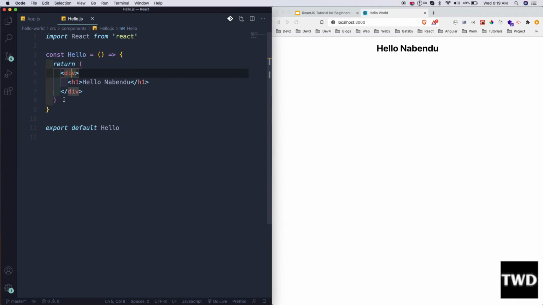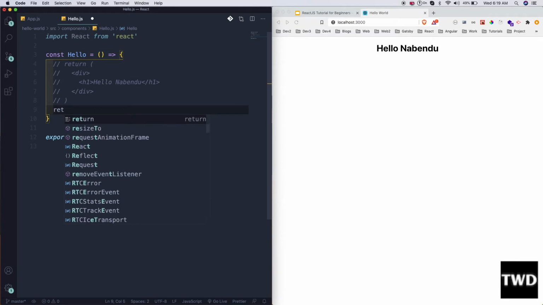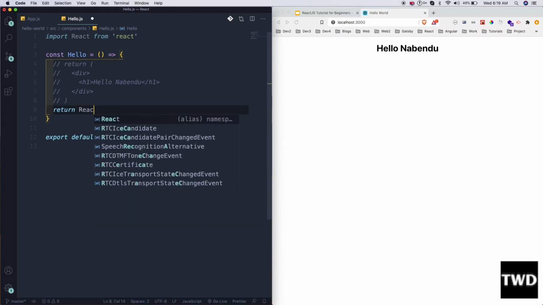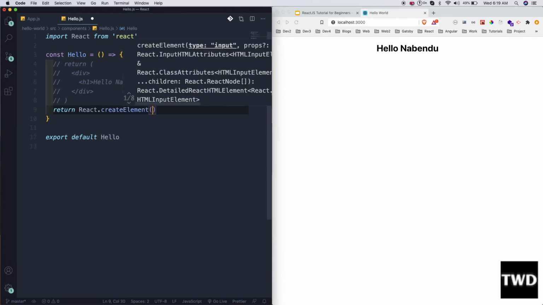So what I'm going to do, I'm going to comment this out and show you that way. That way is actually something known as React.createElement which React provides us. So we need the return keyword again, just like we have it here. Everything has to be written, and that will be done by React.createElement. See, it is showing me React.createElement, and then I want the div,